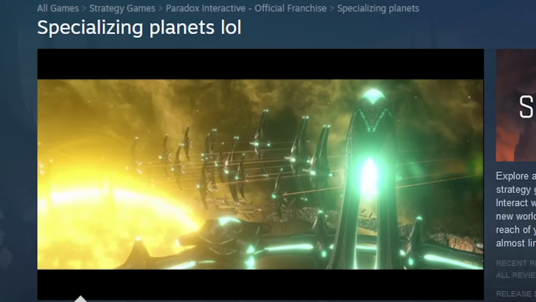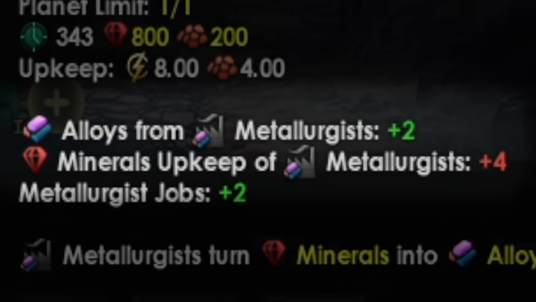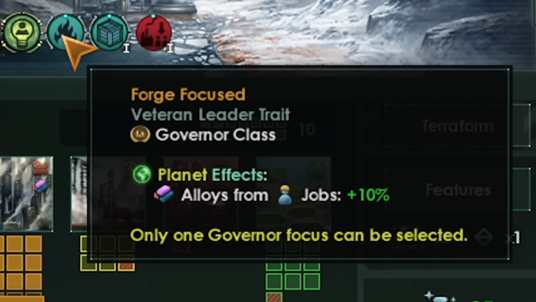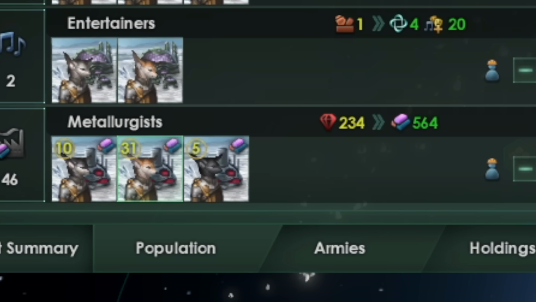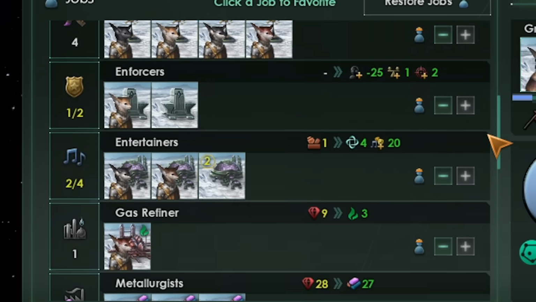2. Do not diversify your planets. Specializing your planets and economy is the name of the game because the production bonus buildings increase a specific job's base production. Combined with subsidies and a specialized governor, your pops can be multiple times more efficient. What about the alternative? Well,